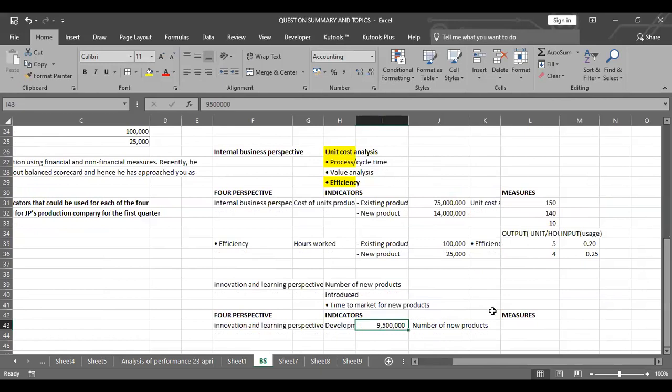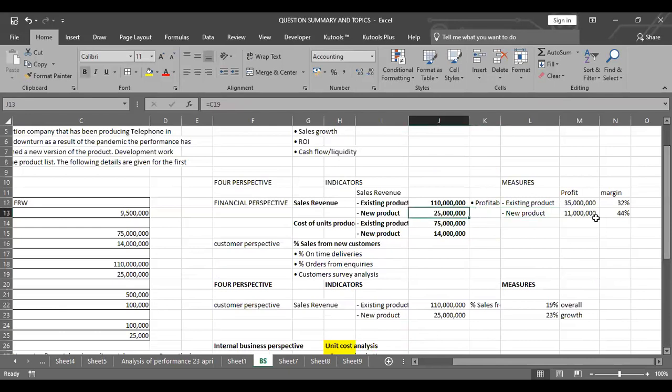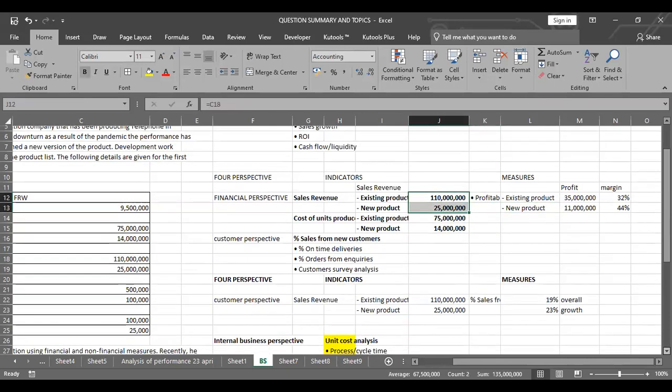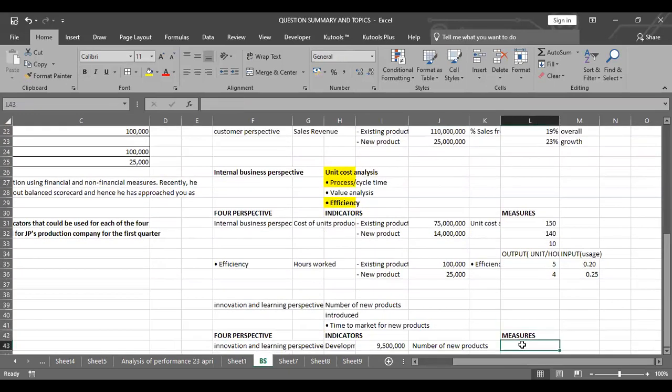So we have to check and see by what percentage and compare with this, and compare with the profitability, and maybe we can explain. The new products that came in, they increased the sales, and the sales have increased to 135. So if there is any measure you are doing, you will pick the 9.5,